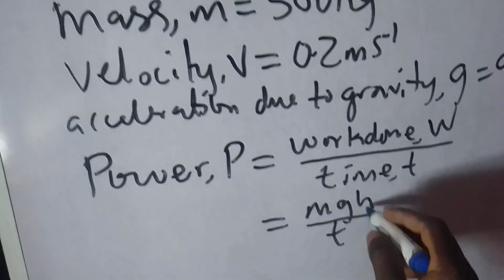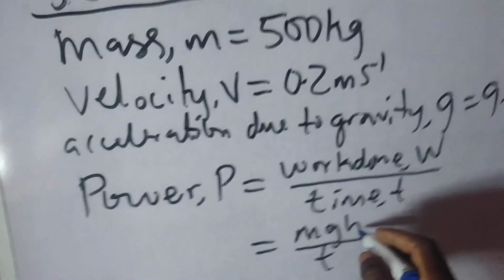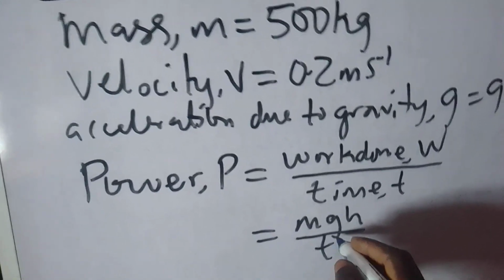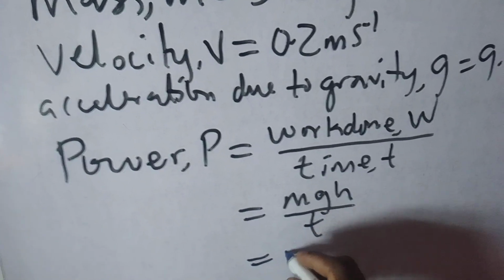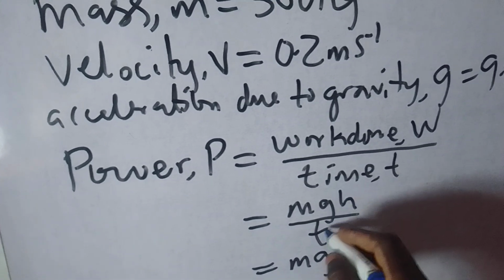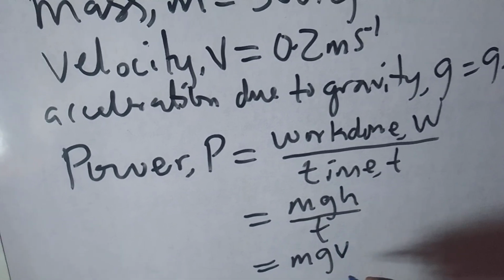So since h stands for height, and height is distance, distance over time is velocity, so we can have